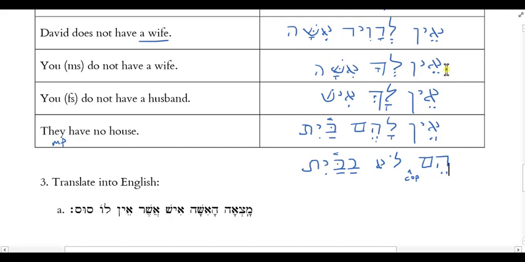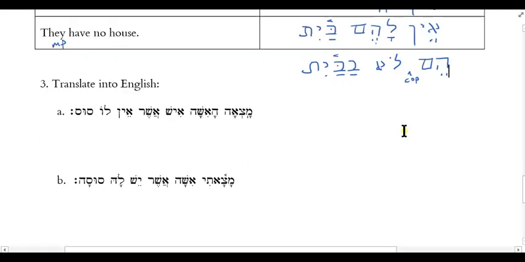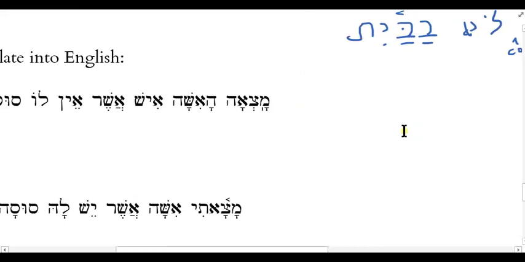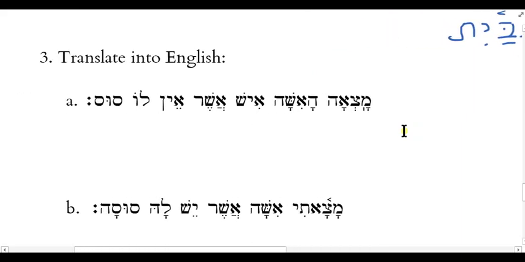All right. Last thing here, and again, this is based on our lesson. There are actually two things in the rest of the lesson that we learned. One had to do with the verb matzah. What does matzah mean? To find, okay? And the reason matzah is given as a separate paradigm is because in root 3 we have